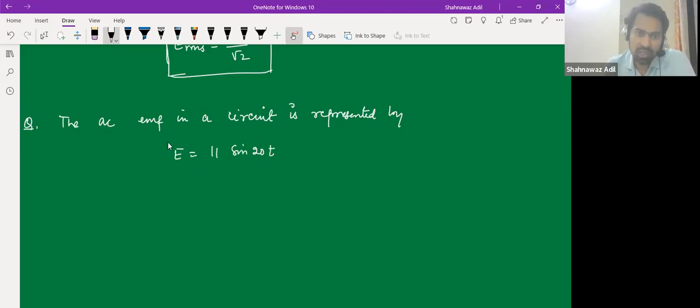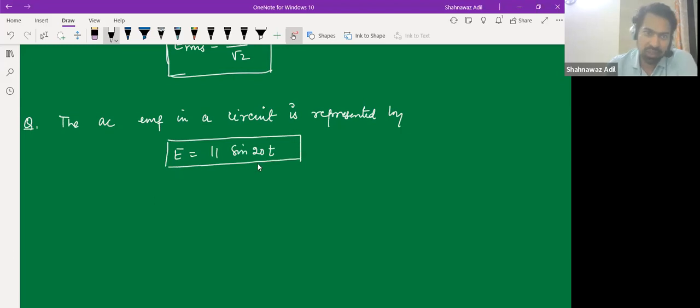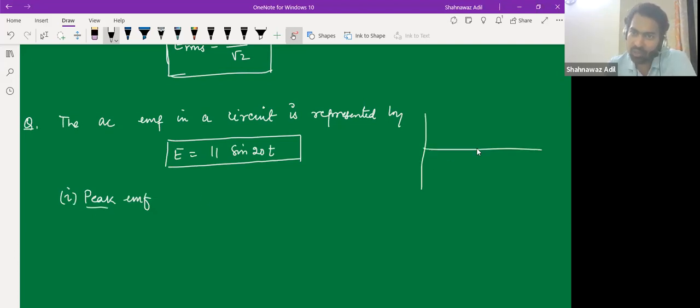This is the EMF which is given, and we have to find out what is the peak EMF. So this is the peak, which is the same as